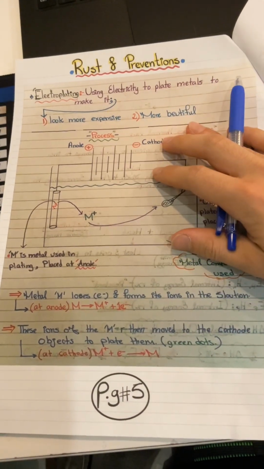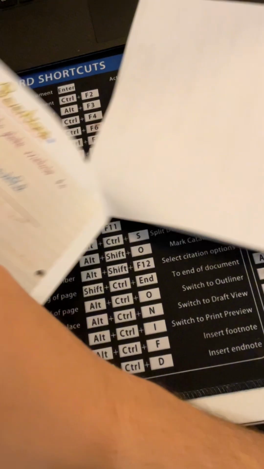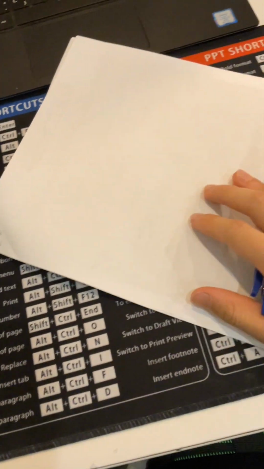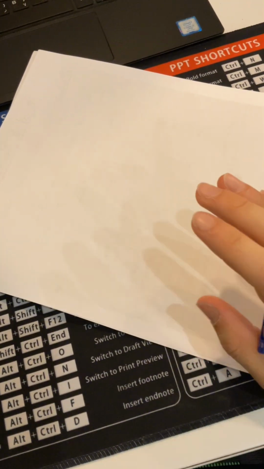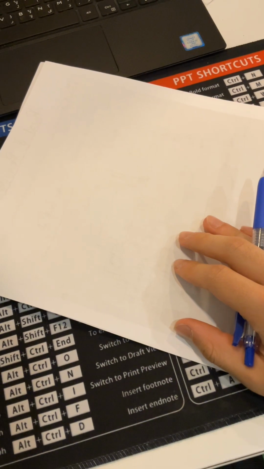So electroplating is something very simple, and that is it for all the episodes of topic 4 in electrochemistry of IGCSE chemistry